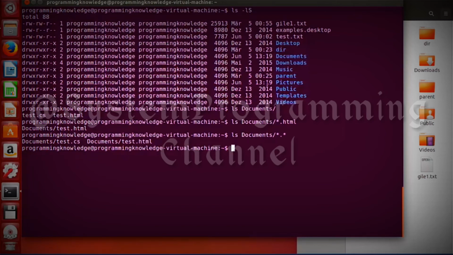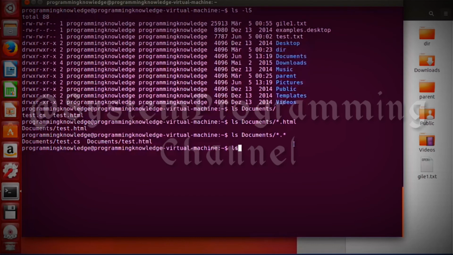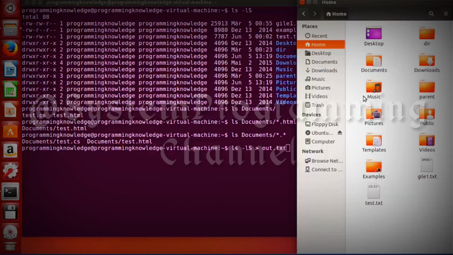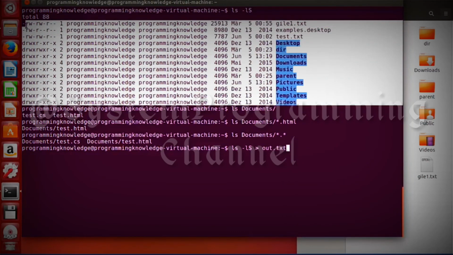So for example, I want to save all the result which I have listed here to some file. So I will write ls minus, for example, l with capital S, and then I want to save all the content to a file. So I can just give this angle bracket, and then the name of the file which I want to save this content to. So I will just say out.txt. By the way, this out.txt does not exist here, so it will create this out.txt and then fill all the result of the ls command into this